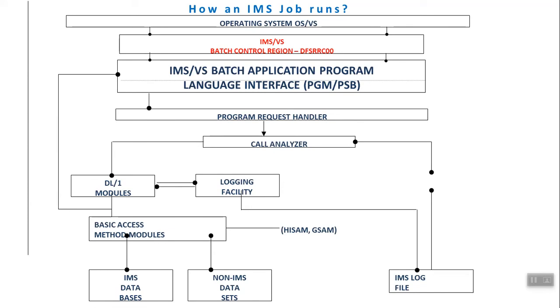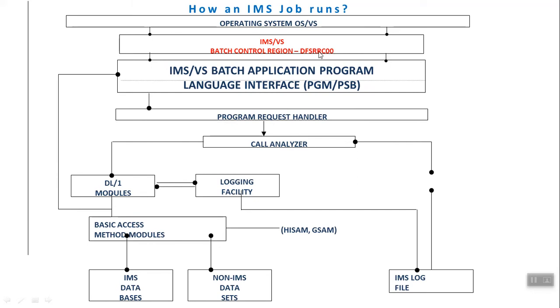This is the pictorial diagram of how a program works. Here the operating system operates the hardware. It's z/OS. Under z/OS, we are going to submit our JCL. When we submit our JCL, we are going to execute which program? DFSRRC00. In this program, we are going to pass three important parameters.